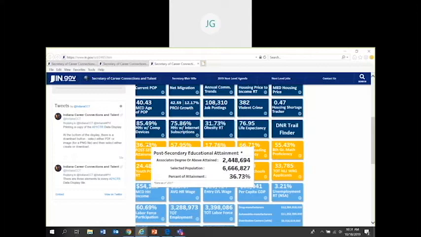When you break down the data that we get for post-secondary education attainment, we get associate degrees and above, but then we get an estimate of 5% for that certification number. So you go ahead and add 5% to the state number, and that will add in the certifications. But because those numbers aren't reported that way at the county level, and this map takes all of the data at the county level and aggregates it up from there,